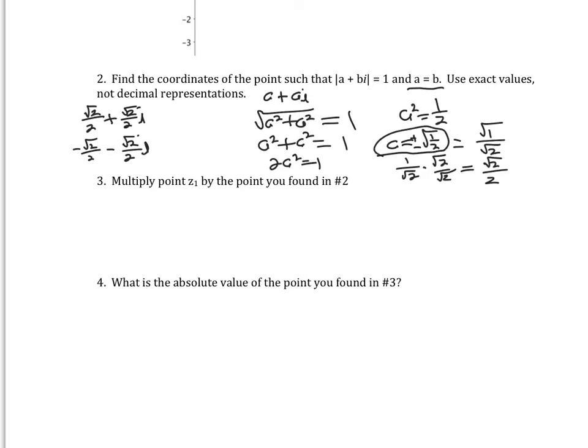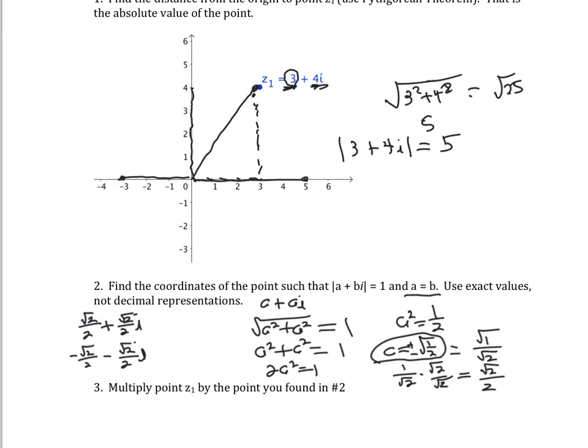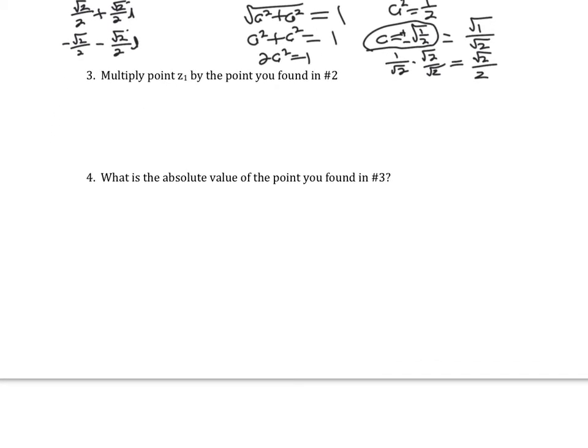Okay, so now we're multiplying z1 by the point we found in number 2, and going back we see that z1 is equal to 3 plus 4i. So what we're doing is multiplying 3 plus 4i times, we'll use the positive version, root 2 over 2 plus root 2 over 2i. And so we're going to end up with 4 multiplications. So we have 3 root 2 over 2